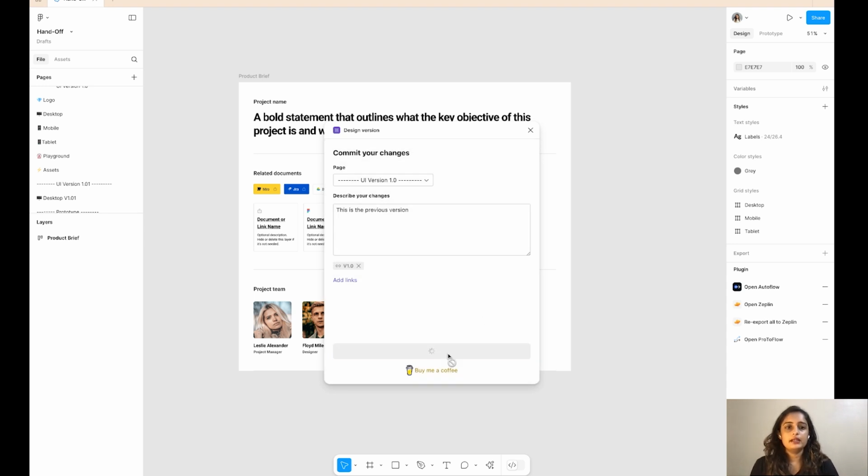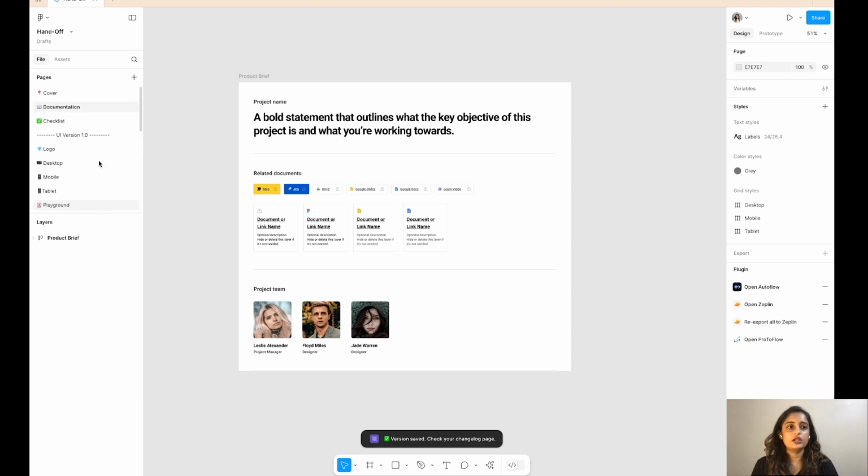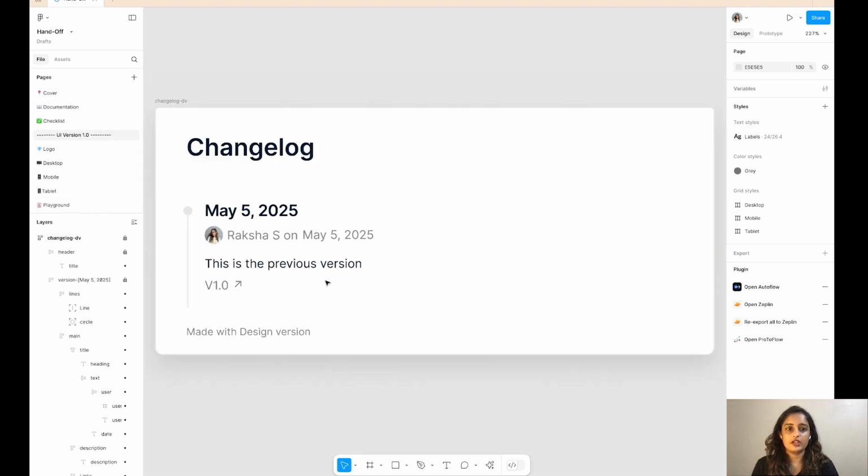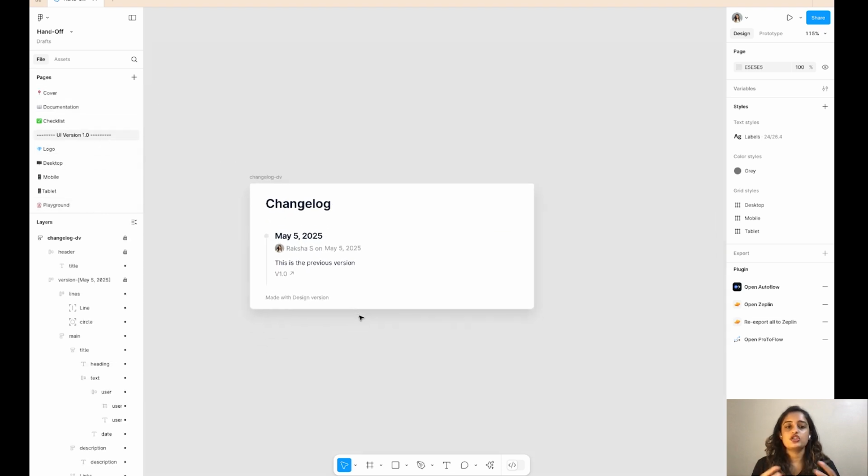When you click on commit, it will add that version onto the page that you have mentioned. So as you can see, it's a change log. Every time you make a new version change or any time you want to document that change, you can use this plugin. So it's a great tool for version control.